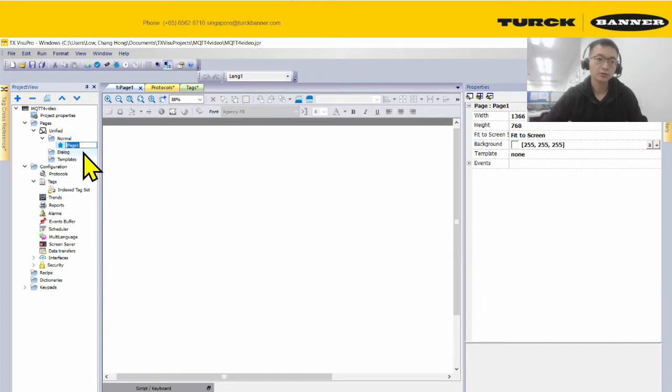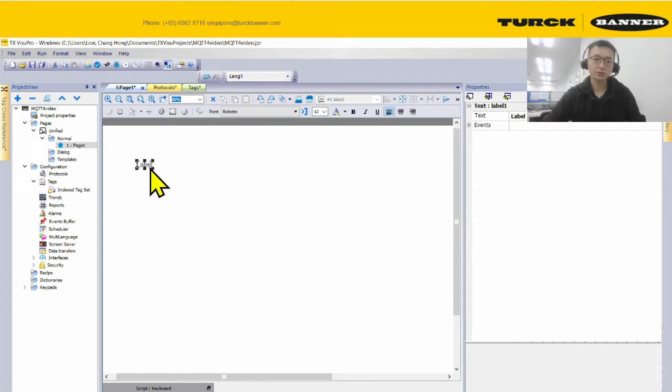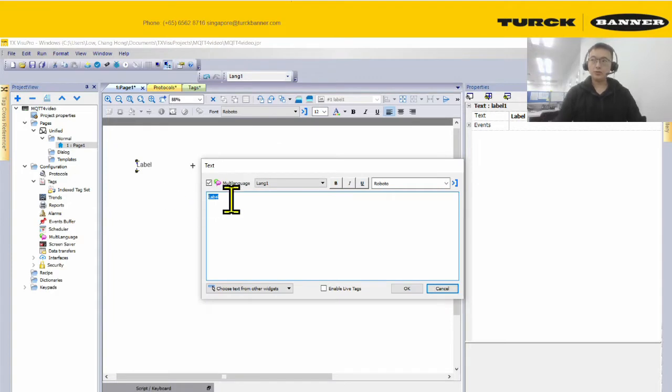We will go to the page, and then we will create a label. We'll drag in a label to display our value. And for this example, we'll be using this format. To broker. So this part will be shown as the normal value, and now if I want to show the actual value,